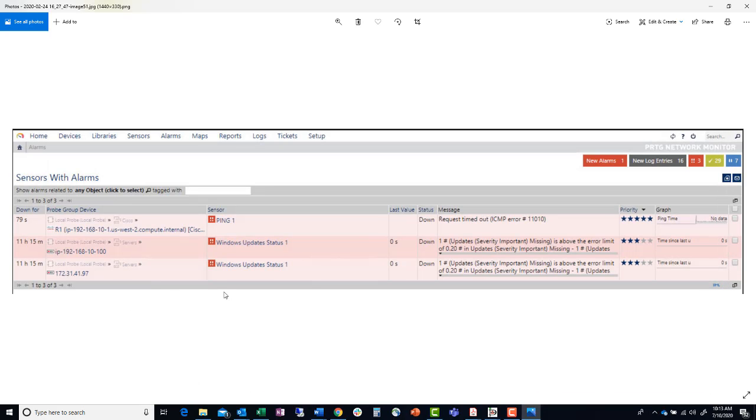All right, so this is showing us some failures. This is what they look like. They're red. So you can see this one, the top one, it's been down 79 seconds. It gives you the name of the device, which is R1, gives you the IP address, gives you the name, tells you what it is, Cisco something. We'd have to see the rest of it. The sensor's ping, so